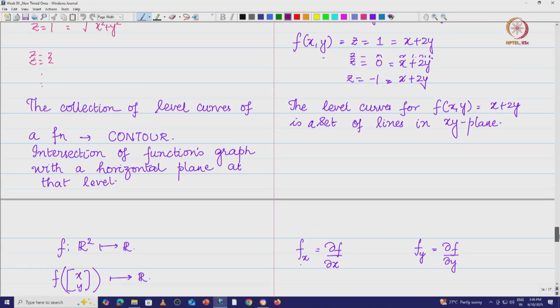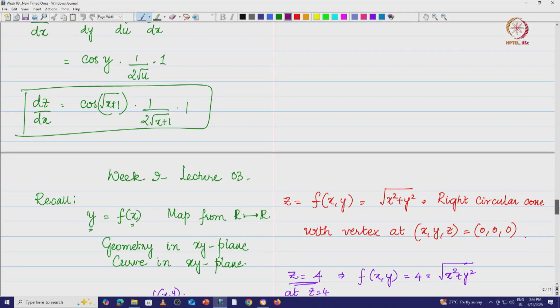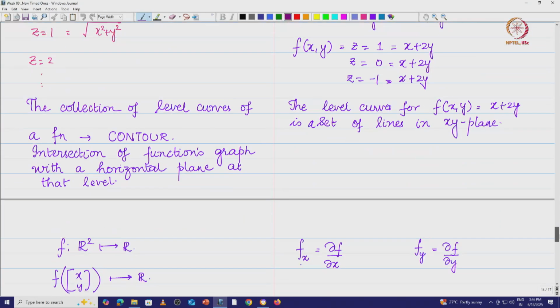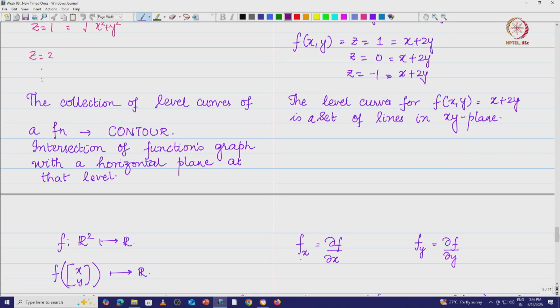You keep y constant, give a small nudge in the x direction, and figure out what happens to the function. Similarly, keep x constant and give a nudge in the y direction, and then figure out what happens to z. And that is exactly where we got into the idea of partial derivatives. We did this in the last class, right? And before we even got into the partial derivatives, we also defined something else.